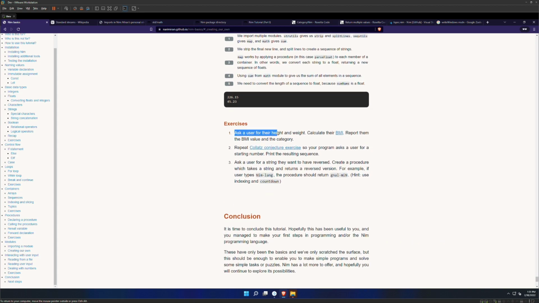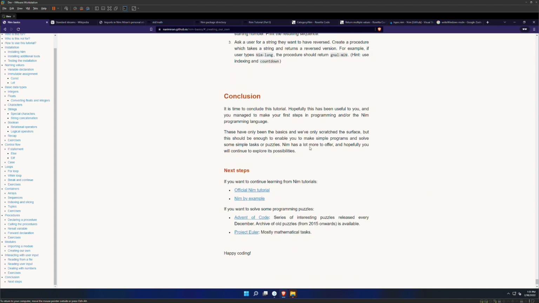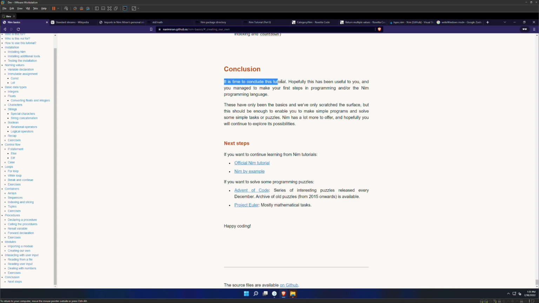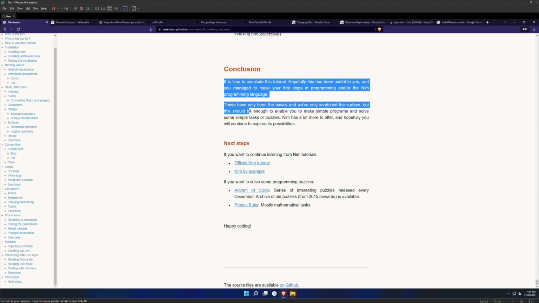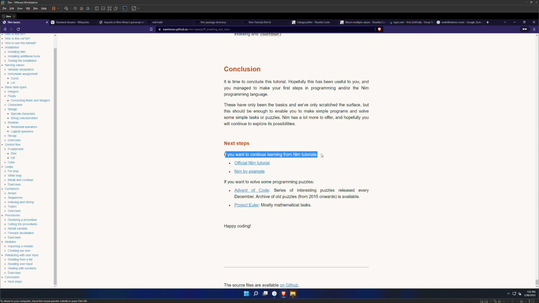So we got the exercise: ask a user for the weight and height, calculate the BMI. No, I'm not going to do that. Conclusion, it's time to conclude this tutorial. Hopefully it's been useful to you. It is actually. You managed to make the first steps of programming in the Nim programming language. These have been only basics, and we have only scratched the surface, but it should be enough to enable you to make some simple programs, some more simple puzzles. Nim has lots more to offer, and hopefully you will continue to explore the possibilities. If you want to continue Nim,